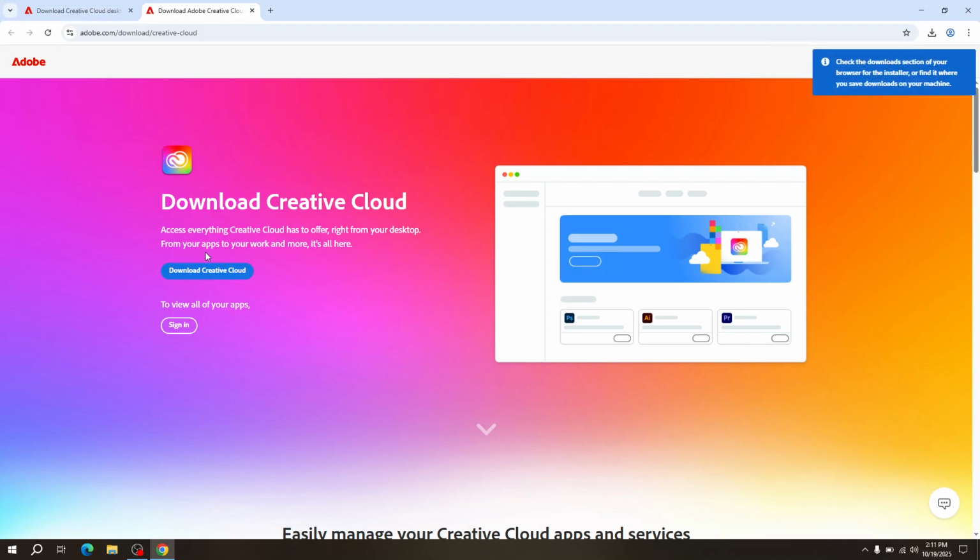If you did not get that and you waited about 10 to 15 seconds, you can go ahead and click this blue button where it says download Creative Cloud, and it's going to do the exact same thing and save it right here. So now that we have this, we can go ahead and navigate to our downloads folder,